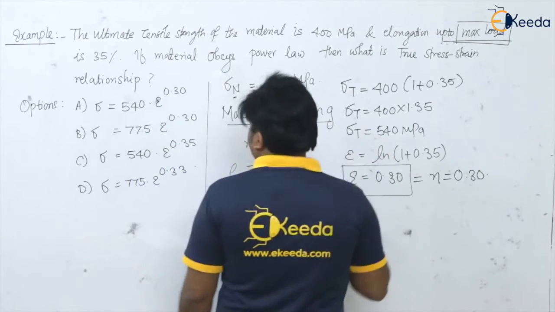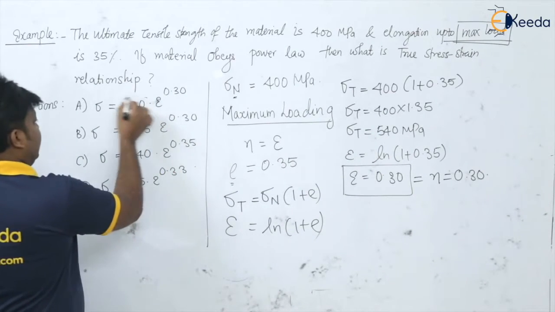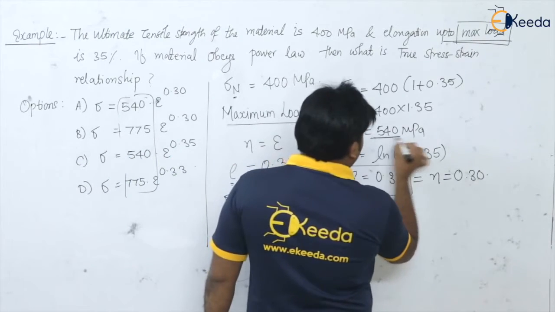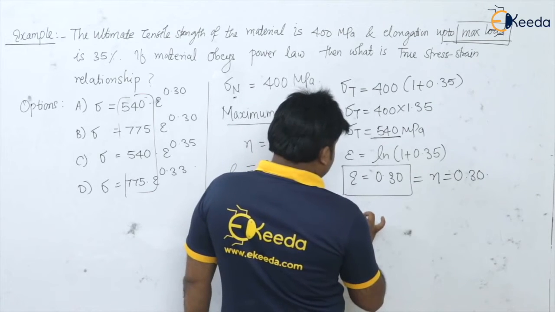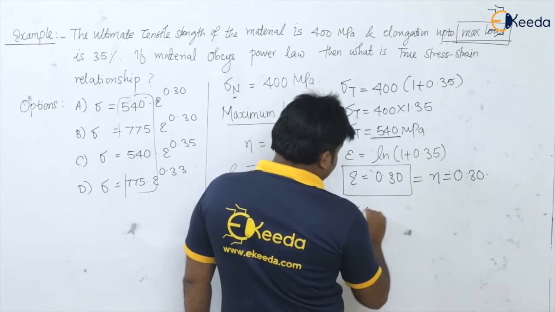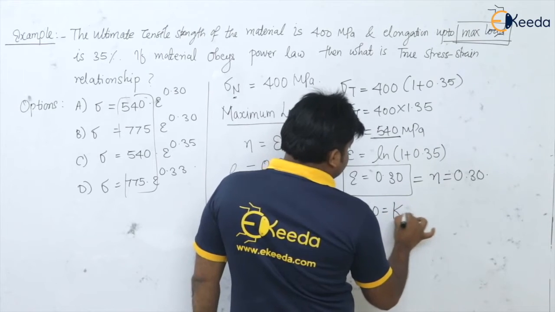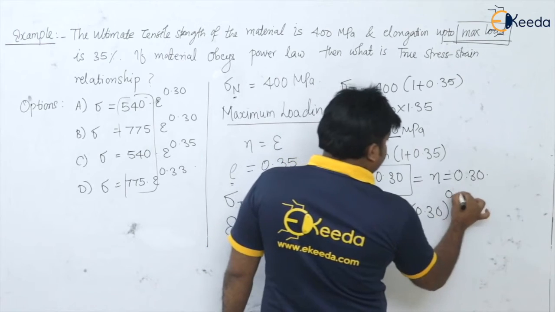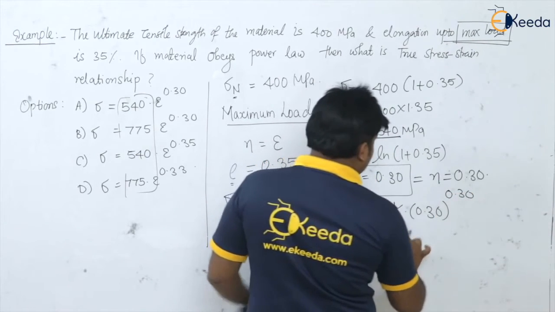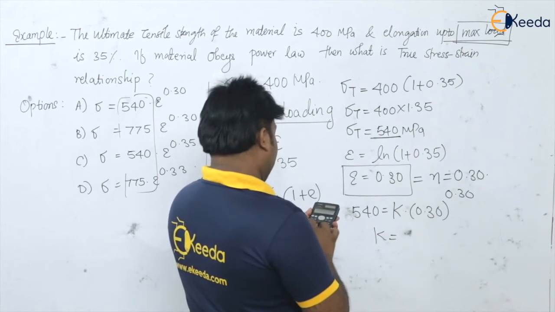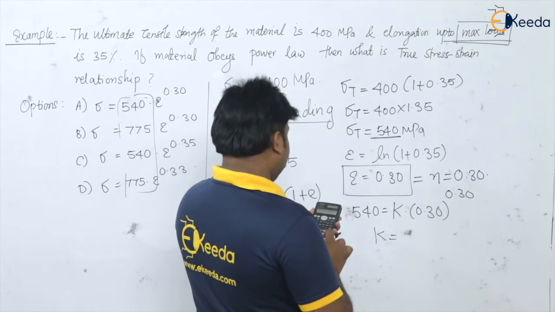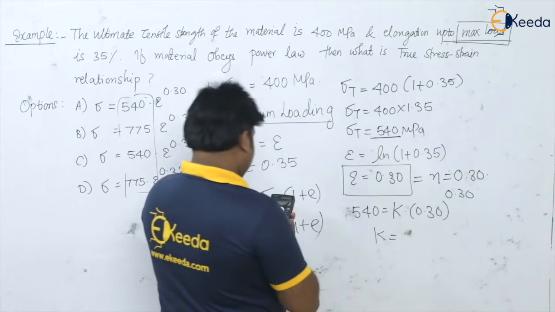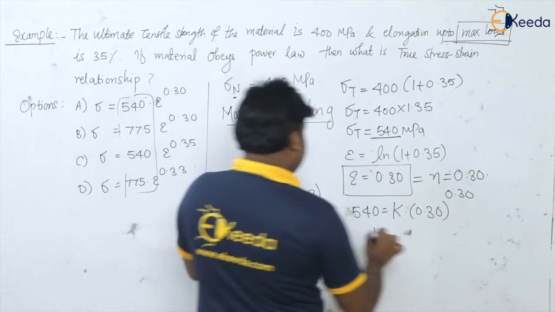Now see, we want the value of the strength coefficient. You got the value of sigma t, that is 540 megapascal. So this sigma t, 540, is equal to K into epsilon to the power n. Epsilon is 0.30, and n is 0.30. You will get the value of K: 0.30 to the power 0.30 is 0.696. This 540 divided by 0.696